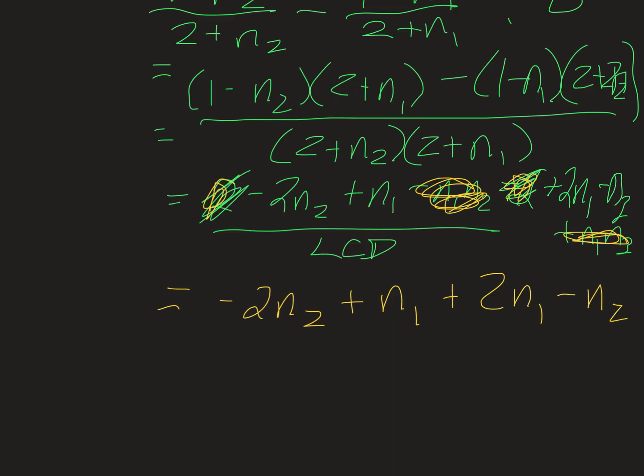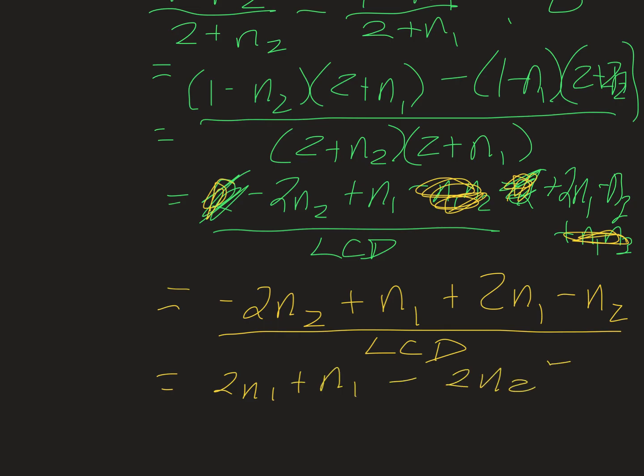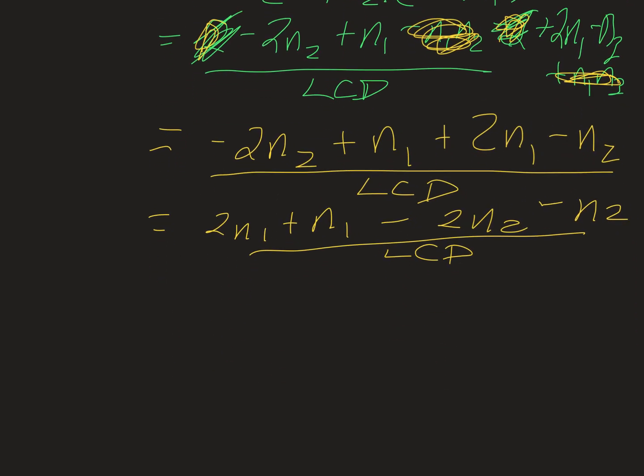All right? All over the least common denominator. And if we manipulate this around to 2n1 plus n1 minus 2n2 minus n2 over the least common denominator, we end up with,